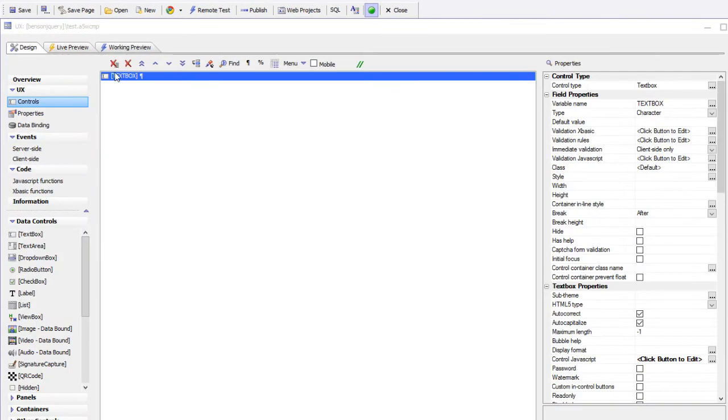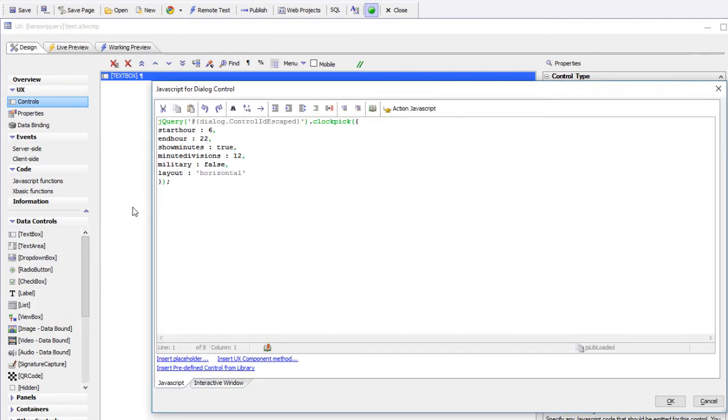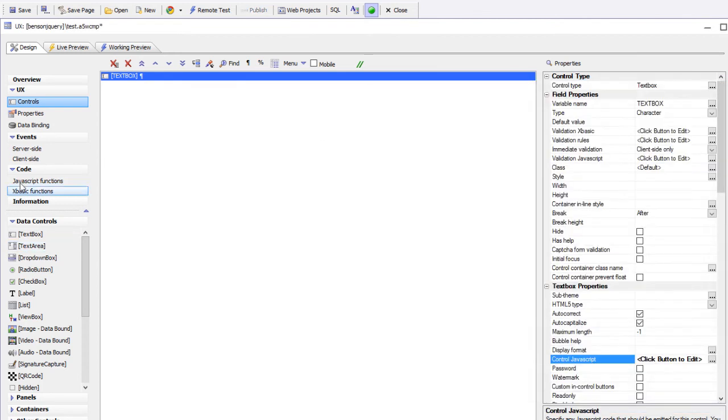If we look at this input control, you can see we've got some control JavaScript, and we're using a jQuery library that is a clock picker. So we've configured the clock picker control here, and then when we go to our properties,